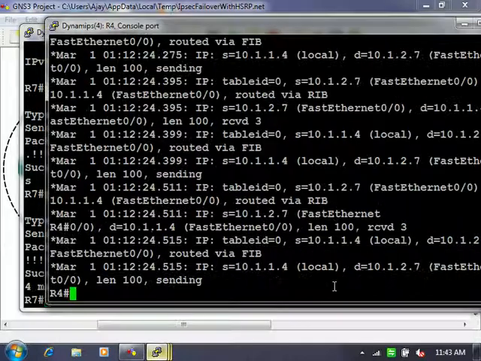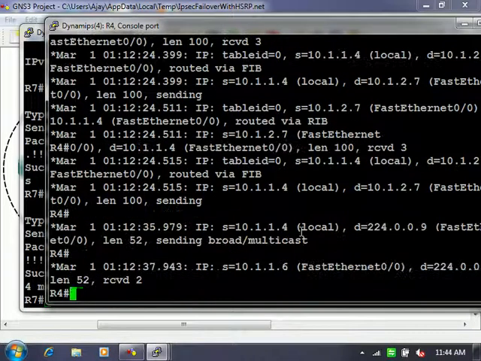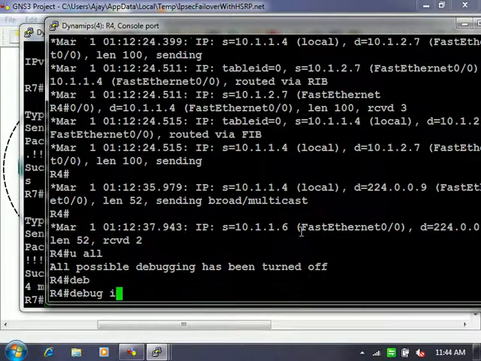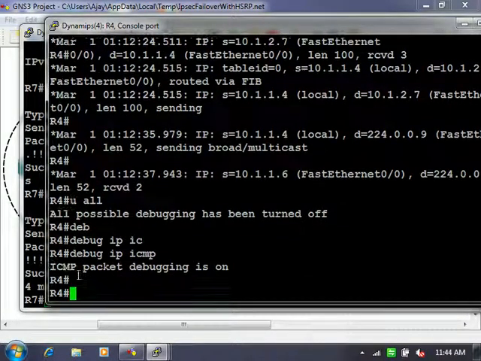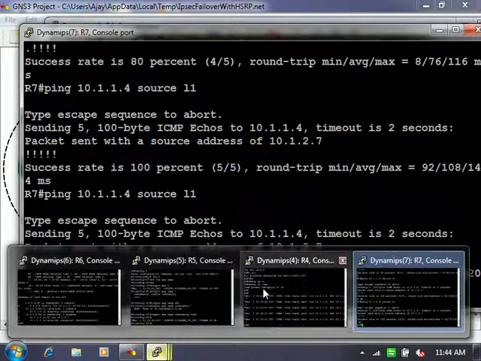I think we have enabled the IP packets, right? Debug IP ICMP. We don't want to debug the packets. Destination is 10.1.2.7, your private network on the other side, right? Okay.